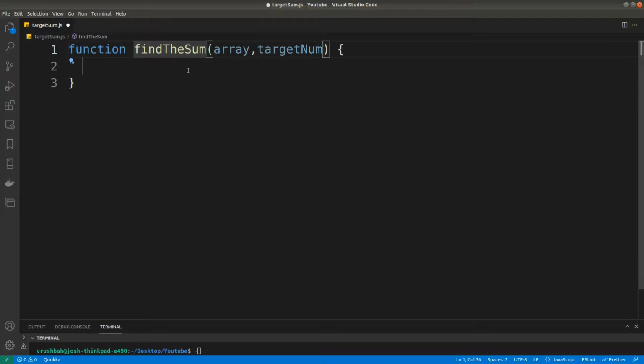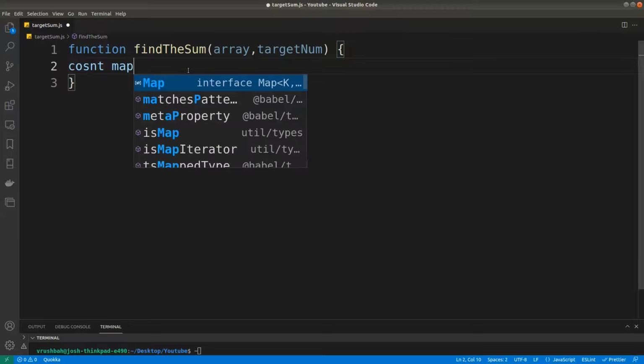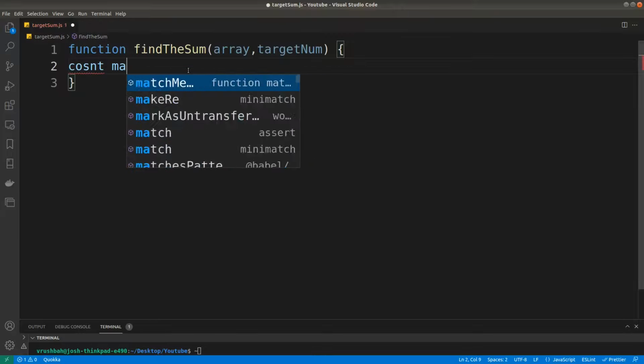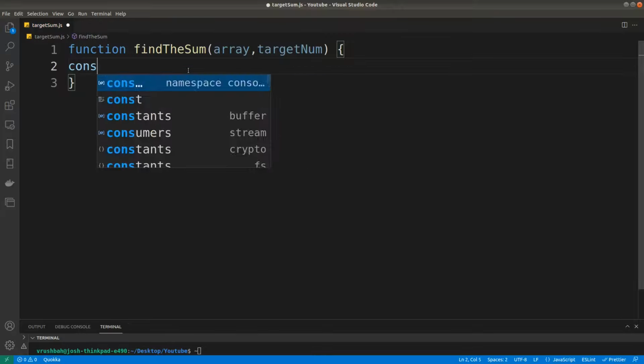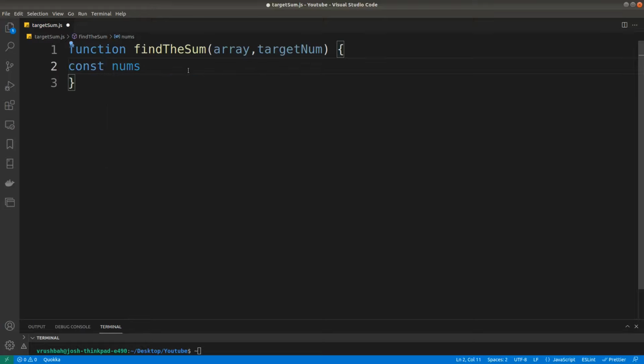Okay, we are going to use the second approach, that is using the dictionary, and we'll talk about time complexity and space complexity later. So let or const mapping, or let's say const nums equal to an empty object.